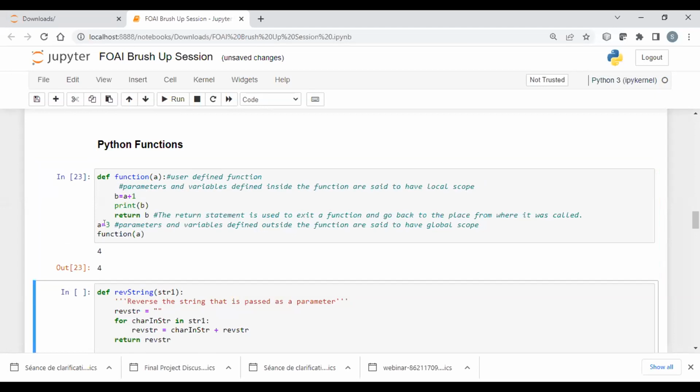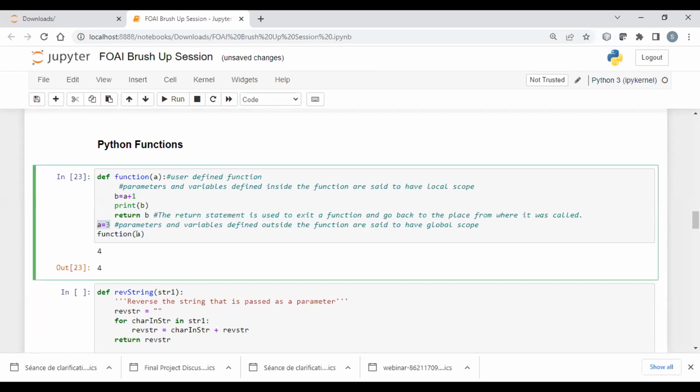Now see, we have mentioned a equals 3. So basically 3 is here. 3 will be passed to this function. When 3 goes here, the value of a becomes 3. 3 plus 1 becomes 4. And that's why the output comes out to be 4. So that's how the local and global scope of a variable changes. If you're defining the same variable inside the function, it is going to pick up that value. But if that variable is not defined in the function and we've already defined it outside, it's going to pick up that value. It all depends on what we are passing here.